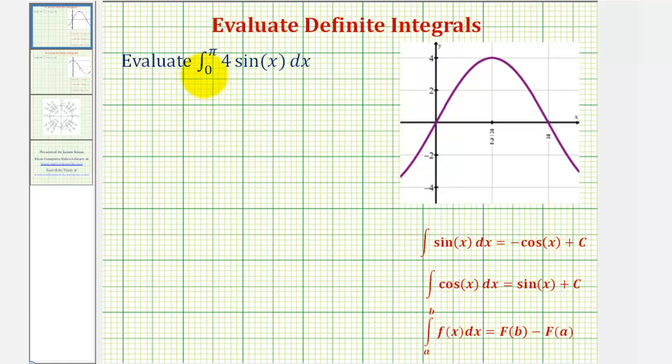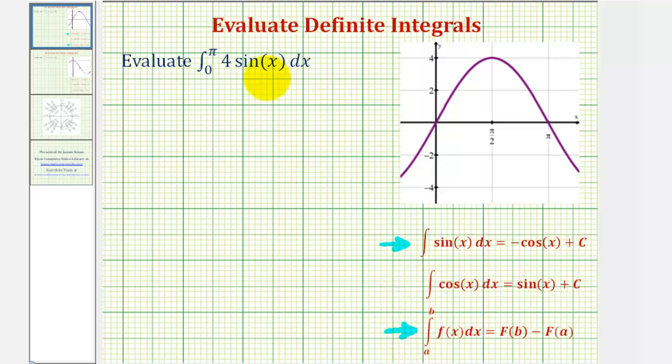We want to evaluate the given definite integral. To do this, we'll first use the integration formula given here for the antiderivative of sine x. Then once we find the antiderivative, we'll use the fundamental theorem of calculus stated here to determine the value of